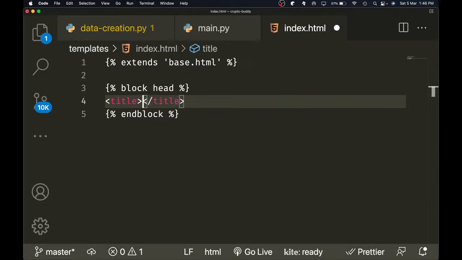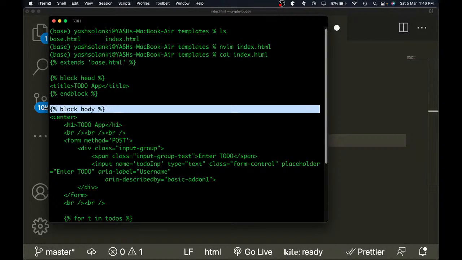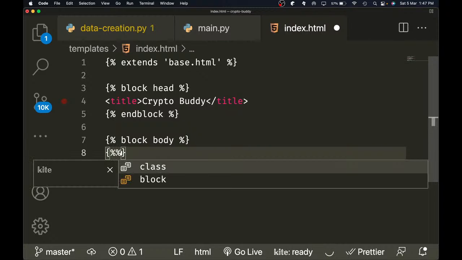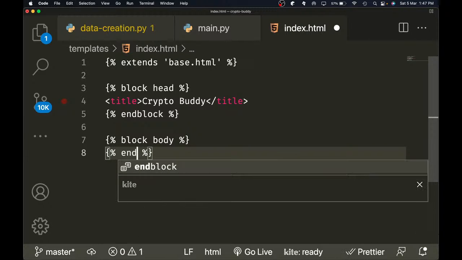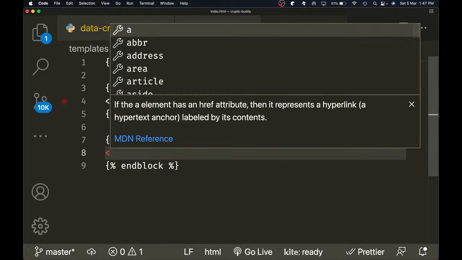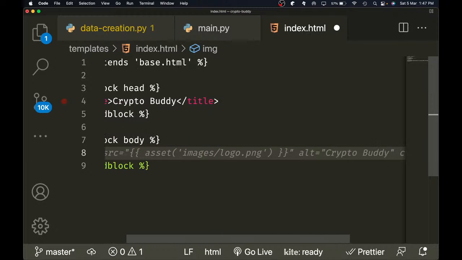And I'm just gonna name this crypto buddy. You can name this anything, as I just told you, and we can just add that and just say end block. And I'm also just gonna say image, and